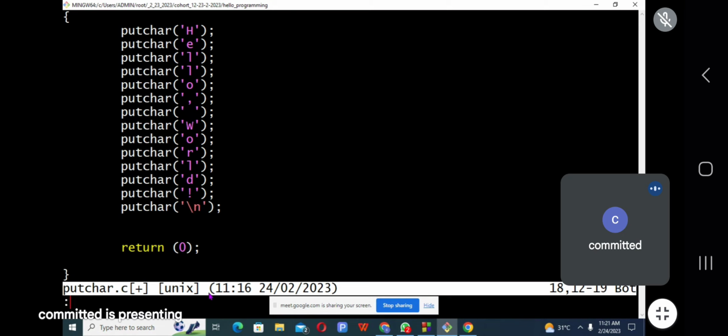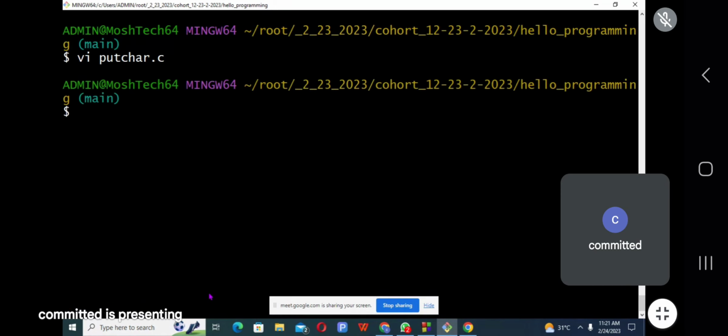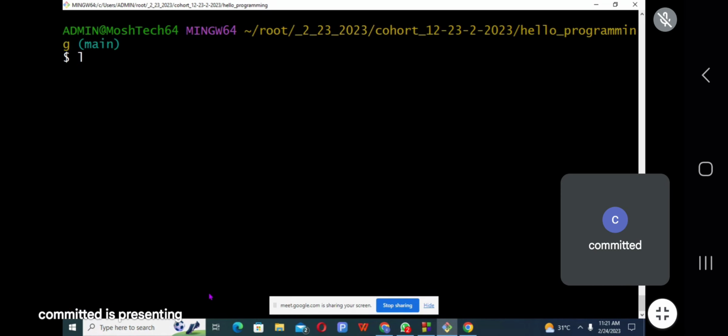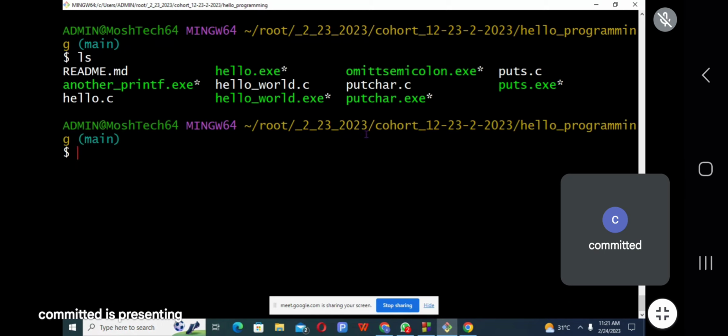Now, let us compile. We want to compile. Wow, we have this already. Okay, didn't I delete this? So let me delete this.